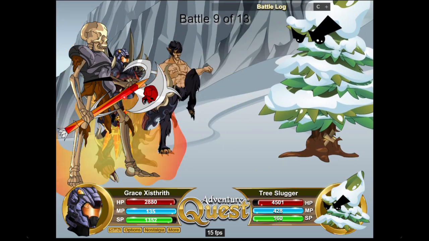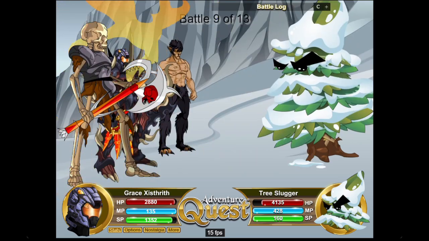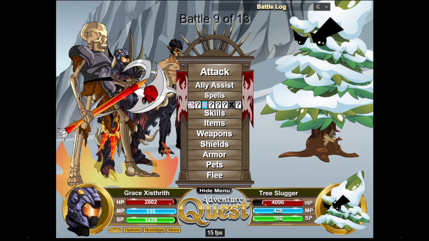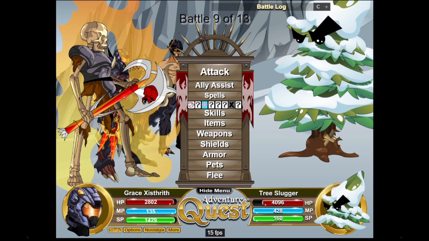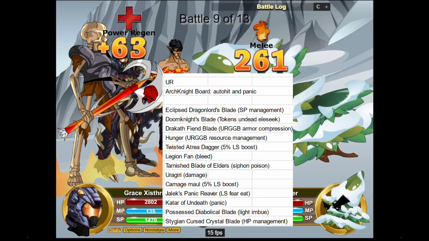But with that being said, we're getting a bit late into this recording, so I'm going to go to the last weapon, the Archknight Board. Now, the Archknight Board is a pretty interesting one. So it's a melee weapon, and it's 0 proc, of course, because why wouldn't it be? Now that we have Warrior Lean, which...